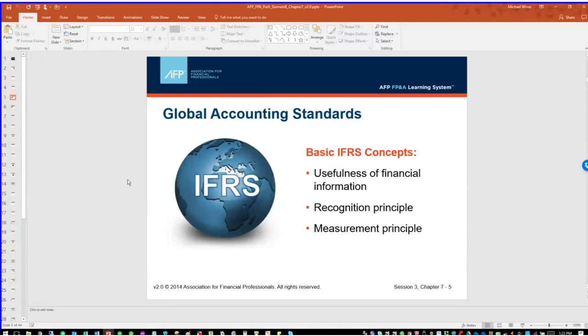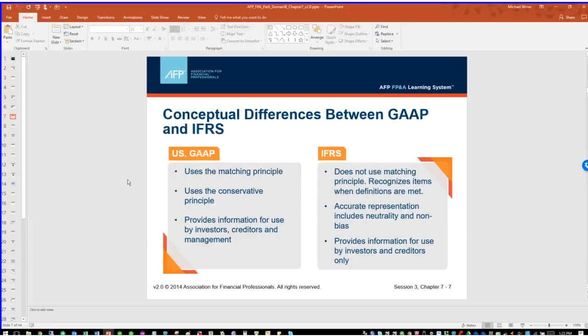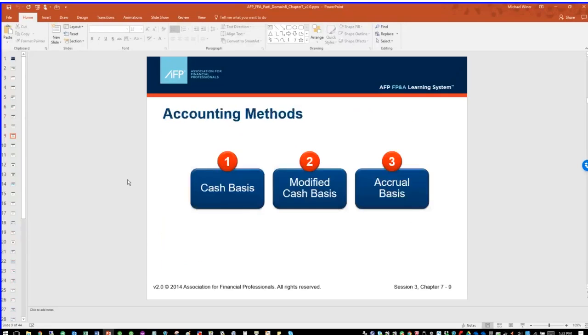Okay, then we talk about IFRS and GAAP. There isn't a lot of coverage on the difference. The exam kind of assumes GAAP. It's all pretty much on US accounting, but understand that there are only two major countries in the world that are using GAAP, but we're one of them. Okay, and these are some of the differences. We don't have to spend a lot of time on.